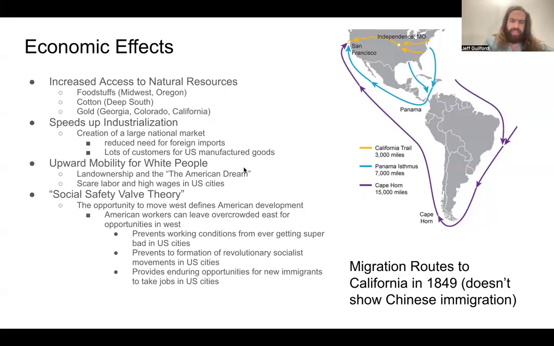Another important effect of this is that westward migration opens up an era of upward mobility for white families. And this is largely, I think, where the kind of idea of the American dream as upward economic mobility comes from. Because during this time period, it really was the case that basically any white person who wants land can just move to where there is land and acquire it. This might be the farmlands of the Midwest, or it might be the Oregon Valley.